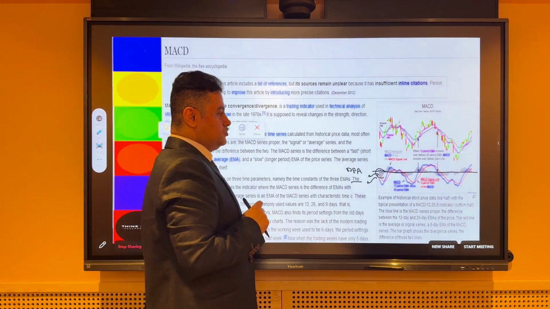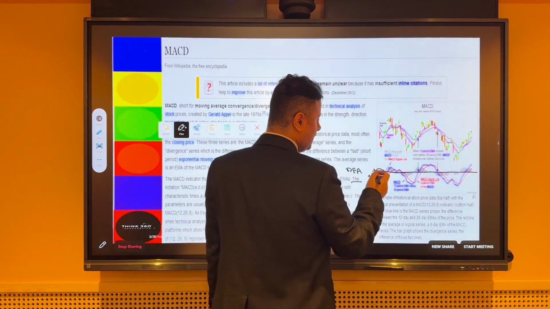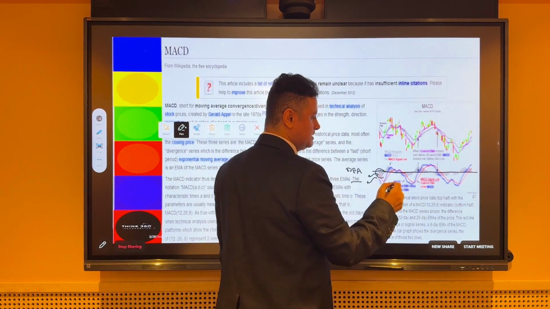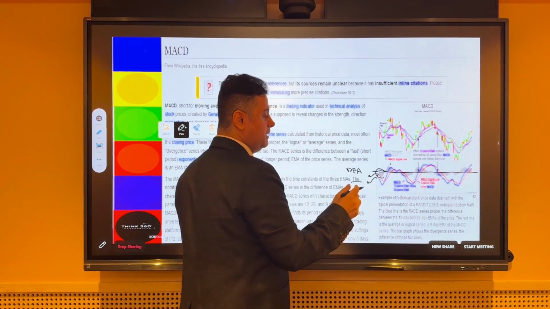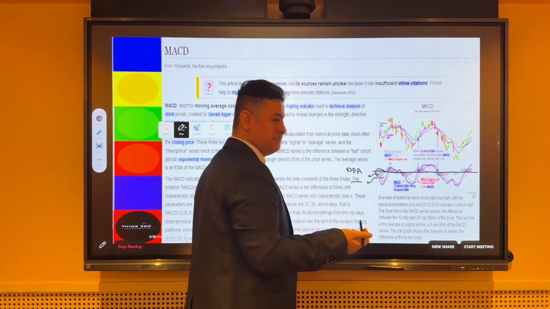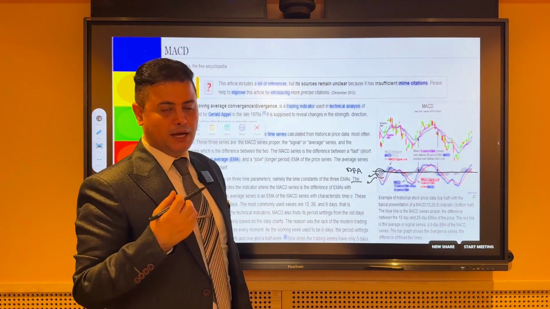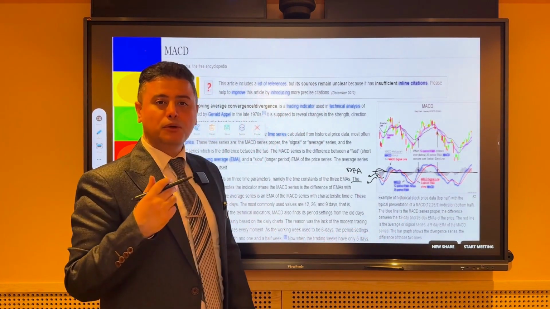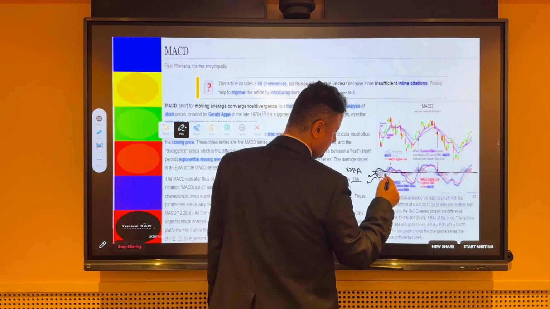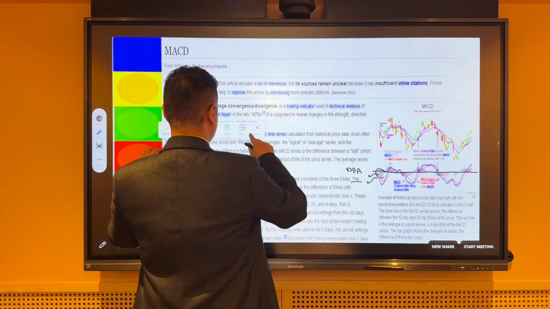The point you need to pay attention to is that on the zero line, where the MACD is below the zero line, we have what is called a negative MACD, and where the MACD is above the zero line, it is a positive MACD. However, we do not need these. We receive signals when the MACD crosses from below the zero line to above the zero line for the first time. That means I can now